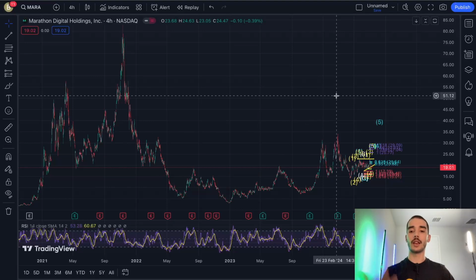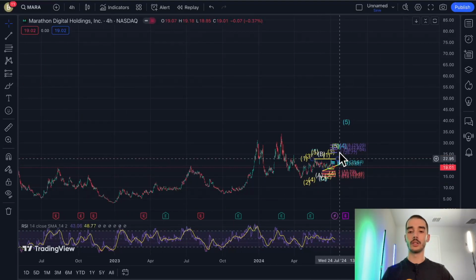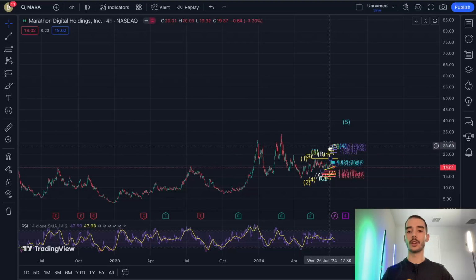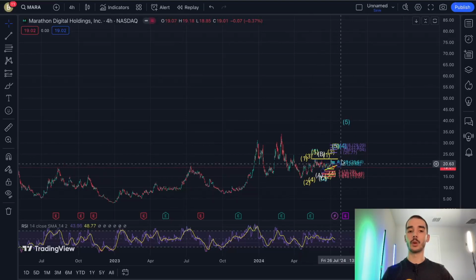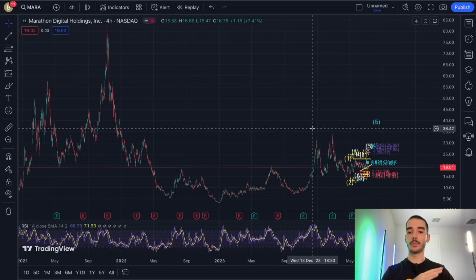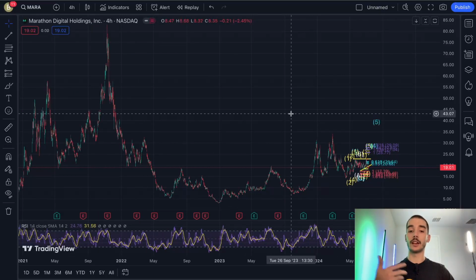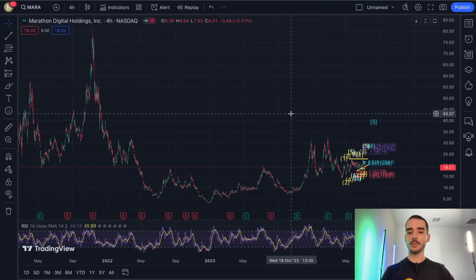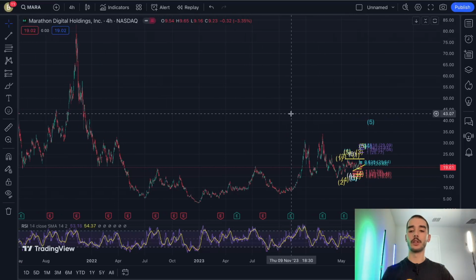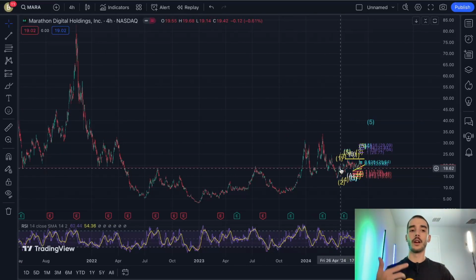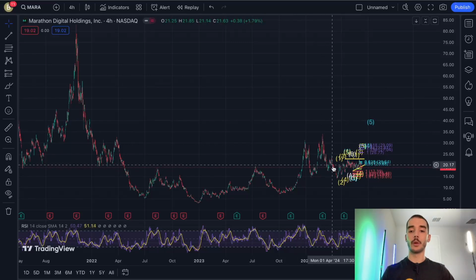does not change all these structures we're looking at right here on this smaller time frame. It doesn't affect it at all. It just further validates it, further backs it up. And what that is, is that I've been focusing on a 5 wave move up after a bearish move down, which is this one right here.